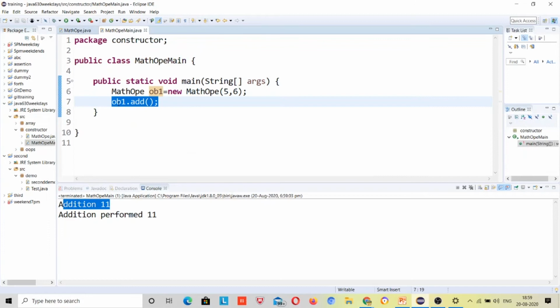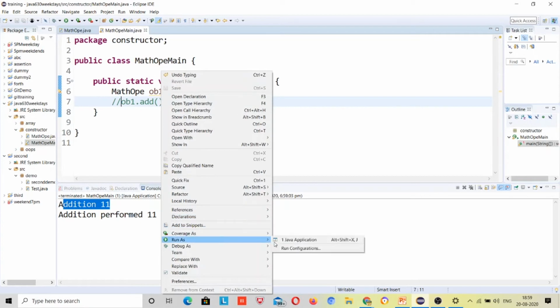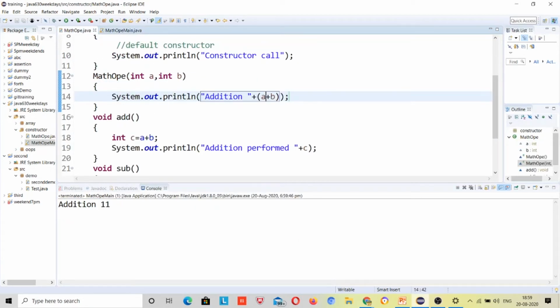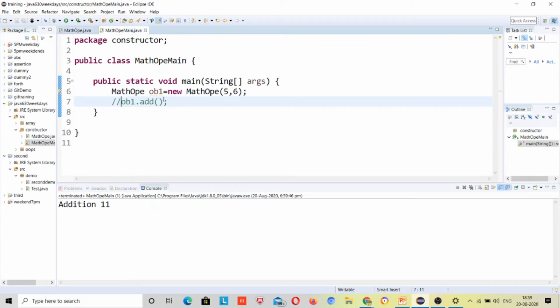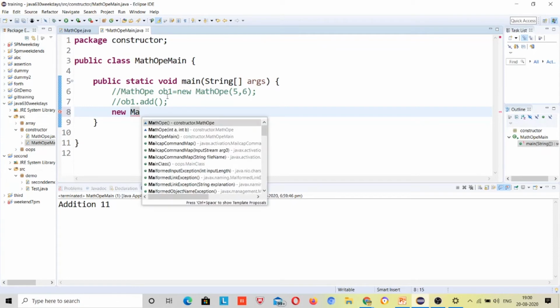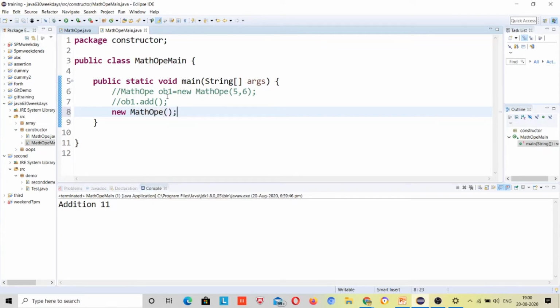Just comment out this object, and now if you run it, the constructor will be called, the parameterized constructor will be called, and it performed its task. If you just want to call the constructor, it is not mandatory to make an object for that. Just call the constructor like this, new Math. What will be the output?